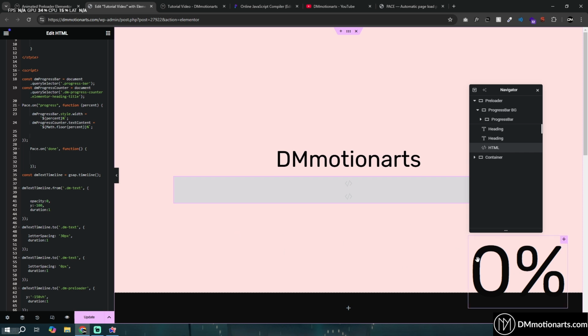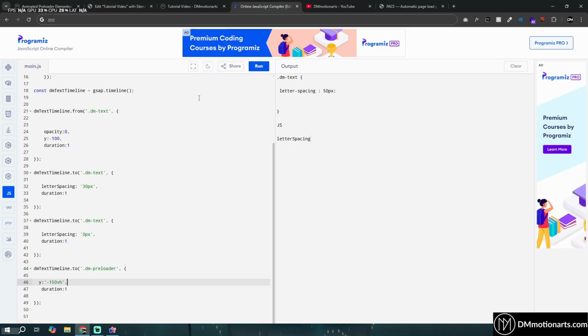But let's say your page loads in 2 seconds, but your animation is 5 seconds long. So do we want to hide the page before our animation even finishes? Or do we want to wait for the page to be completely loaded and the animation to be completely finished? So the easiest way is to make sure that both our animation and our page have been loaded. That way our full animation is seen no matter how fast the page has loaded, and it is only hidden when the full page has been loaded. Okay, so I know it is confusing, but